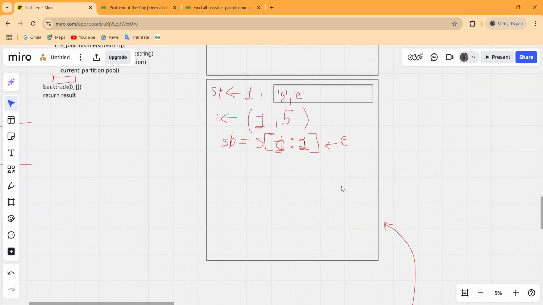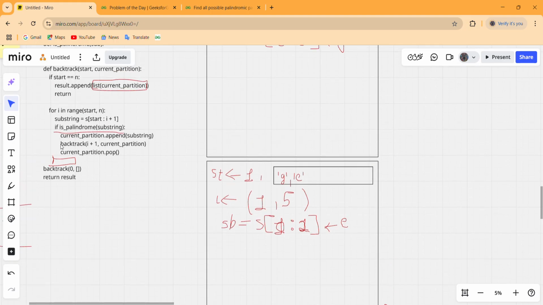Let us erase this. After completing this SB, that means this backtrack, we have to first pop out from our current partition, that means pop out from here. After popping out, this if gets over, so our I is incremented from its previous value to the next,